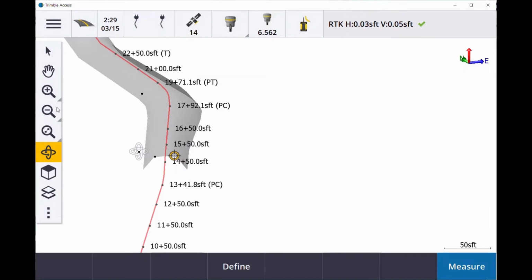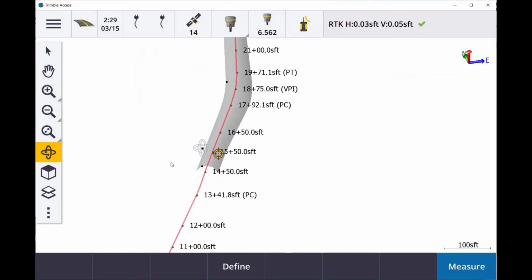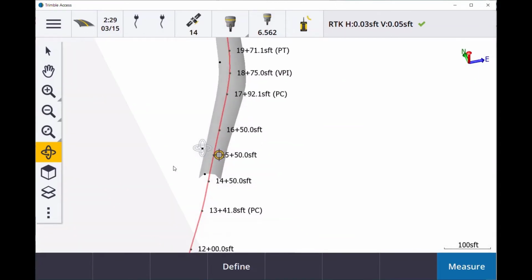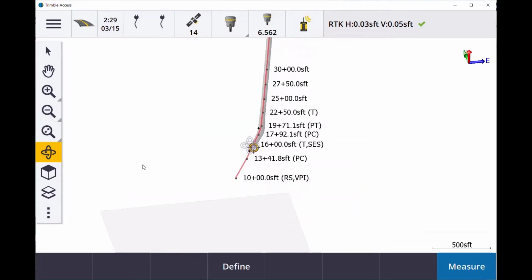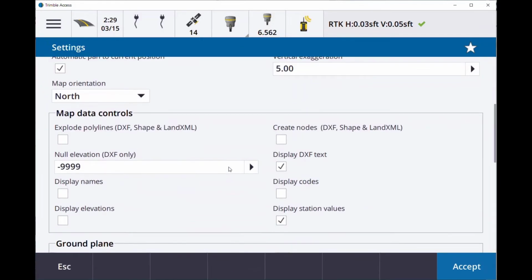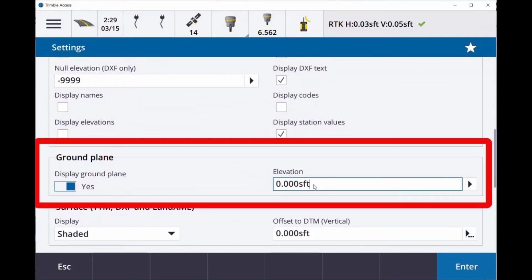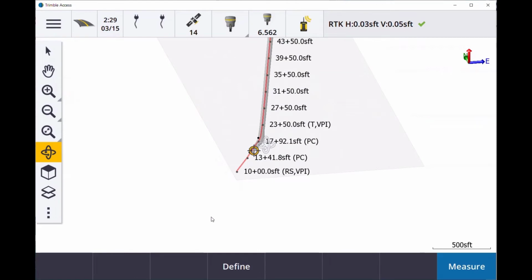Another thing that I find handy when you're working with roads, especially using the 3D, now if you can see there's kind of a gray surface down there. I zoom out some more. There's a ground plane, but right now it's down at elevation 0, and we're up here at elevation 800 feet above sea level. So again, if you hit the settings, scroll down a little bit, there is a ground plane. So if you set that just below your working area, now as you're zooming, it helps you visualize where the